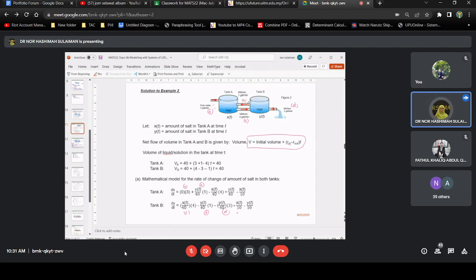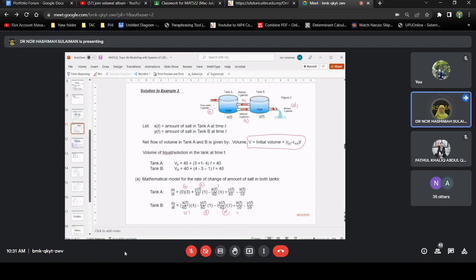and then tolak ke B, tolak sebab apa? Sebab dia keluar daripada tank B, kita tolak. B maknanya dia datang daripada tank B. So we have Y over 40. Y over 40 darab dia punya rate adalah 1. Okay, lepas kita tolak lagi ada outlet ni. Dia keluar daripada tank B, maknanya concentration of the solution is Y over 40 multiply by